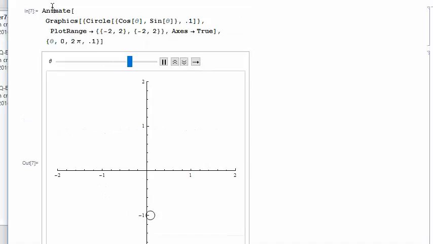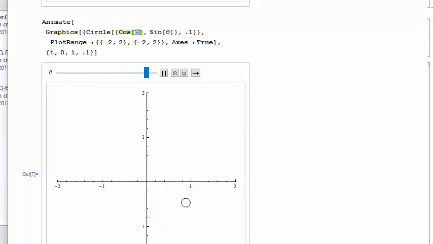Alright, now I'm trying it out with the Animate command. And this time I've added a 0.1 so it knows exactly how much to add for each animation frame. But what I'd actually rather change than the theta directly, what will constantly go forward all the time, is time. So I'm going to have this thing go forward from 0 to, say, 1. And I guess we'll still have it go forward in frames of 0.1. I don't know exactly how long the frame is, but we'll just pretend that each frame is 1/10 of a second. And what I'm going to put in here instead of theta is omega